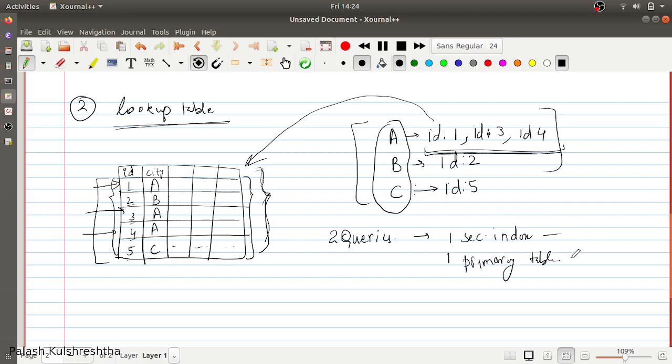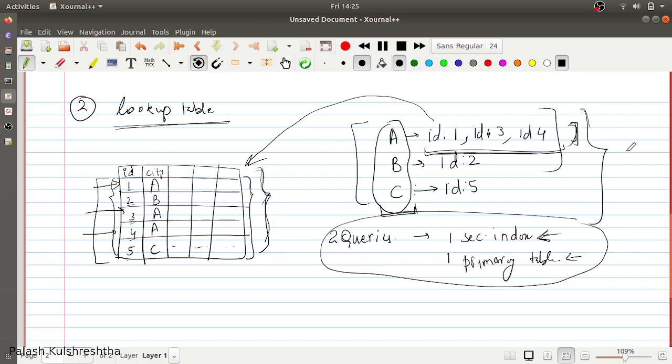And since in each of these tables you are querying that table's primary index, these are going to be fast queries, but total time is going to increase. Total time is going to be higher than the full denormalization, in which you are storing all the data in the secondary table. But its advantage is, since you are storing very less data, this is more cost effective.